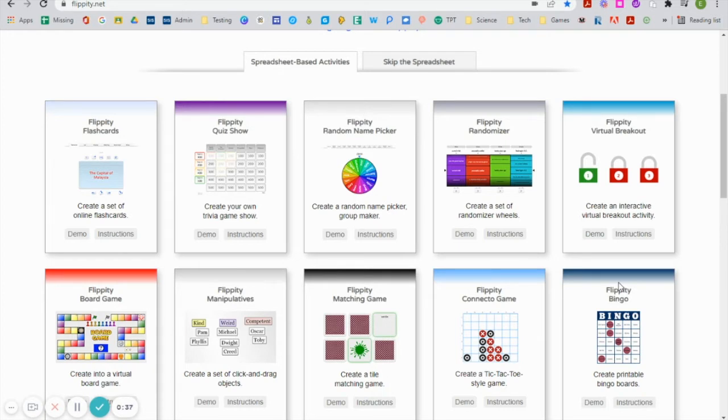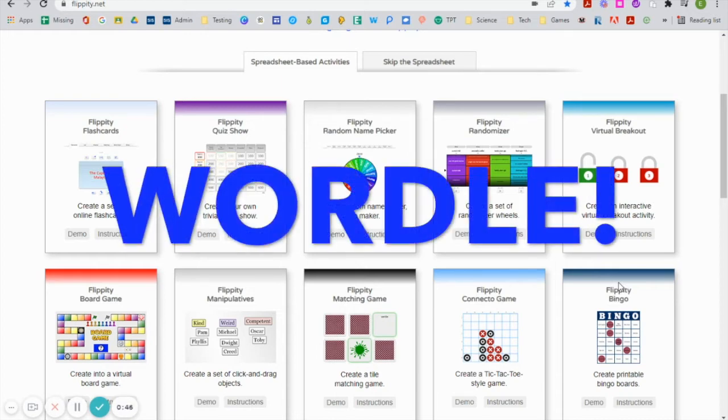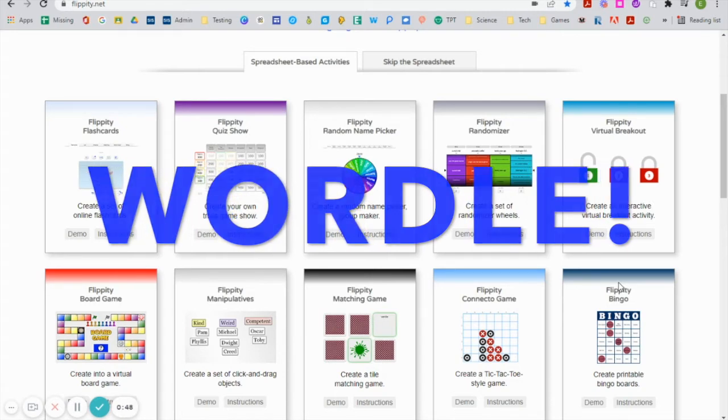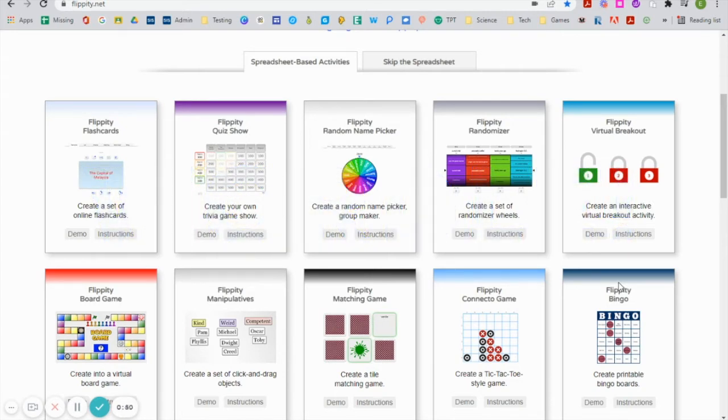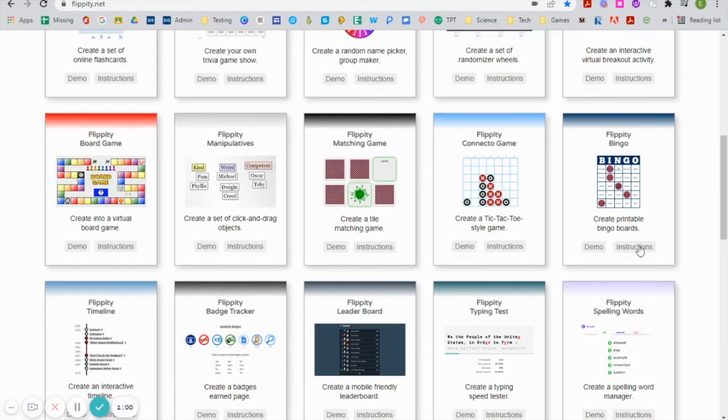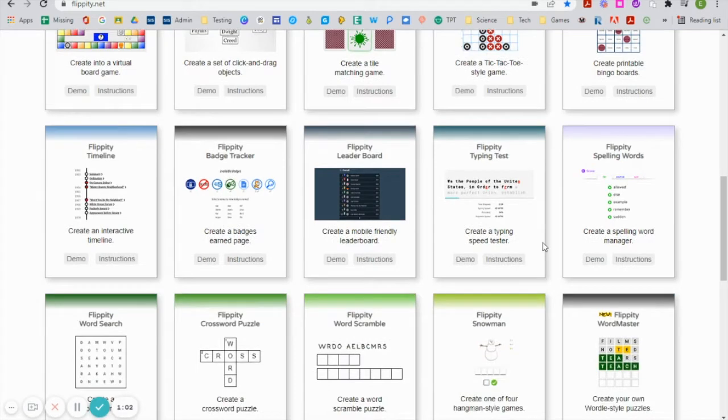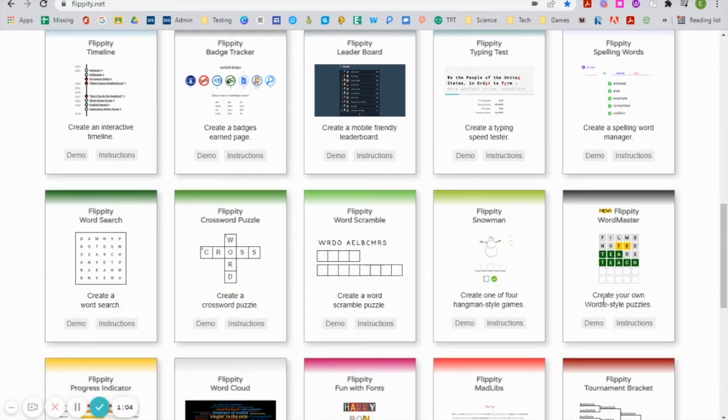If you haven't, go ahead and Google it real quick after I say the name so you can see what I'm talking about. But you may have heard of the online game Wordle being the new craze right now, which gives you a new word each day, and it's a 5-letter word, and you have to try to successfully guess the word in the shortest amount of guesses possible. This particular website, flippity.net, has created their own version. Now, I like this for a reason.